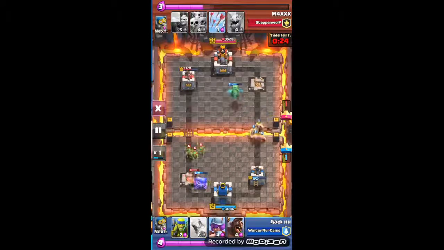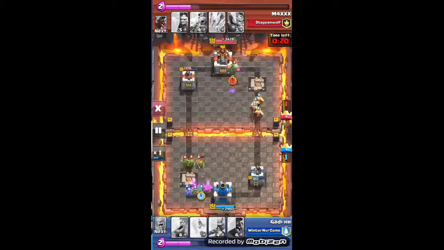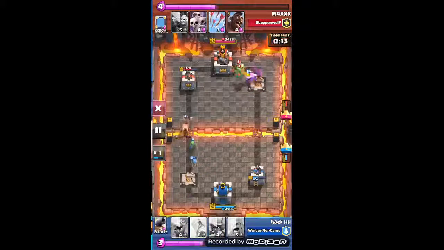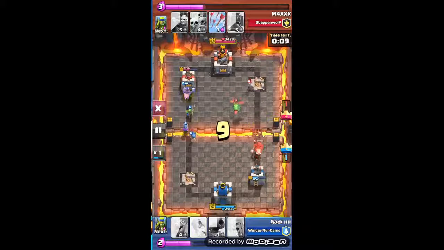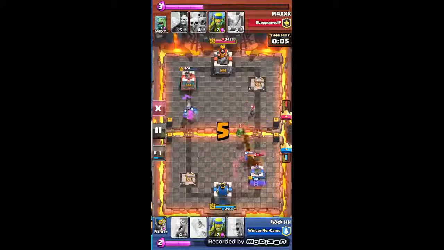This is so crazy against level 7 with that mirror. It's so freaking impossible getting a win, but I'm gonna tell you that I did manage getting the win eventually. So I'm sending a hog with the bomber. He's sending a hog as well. In the last second I'm gonna be able to get rid of that hog